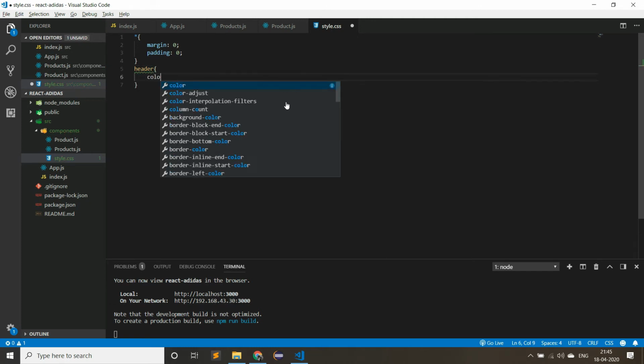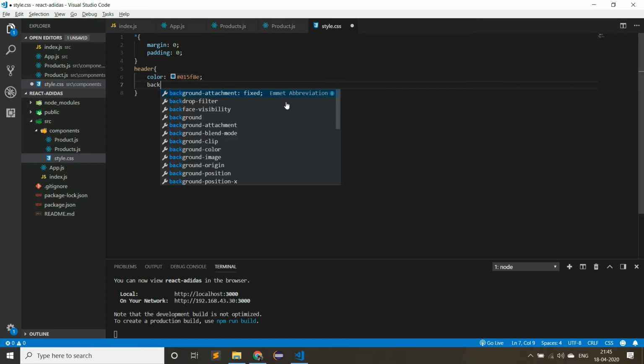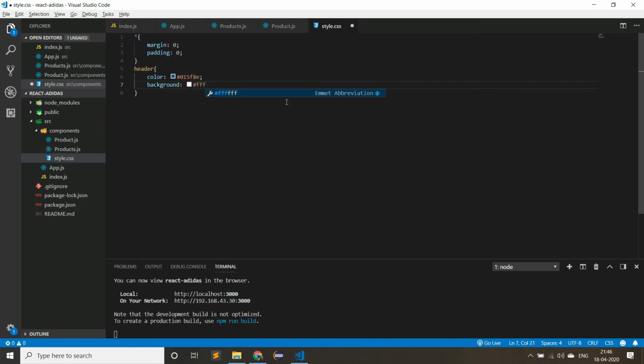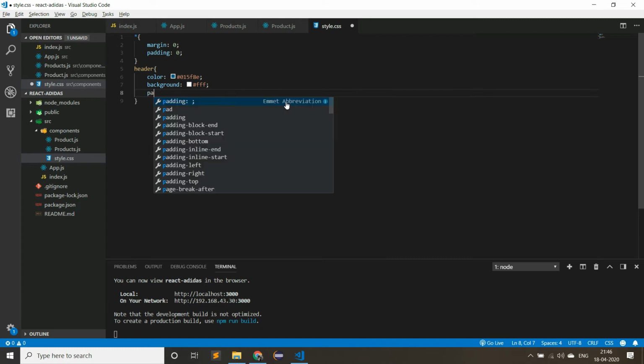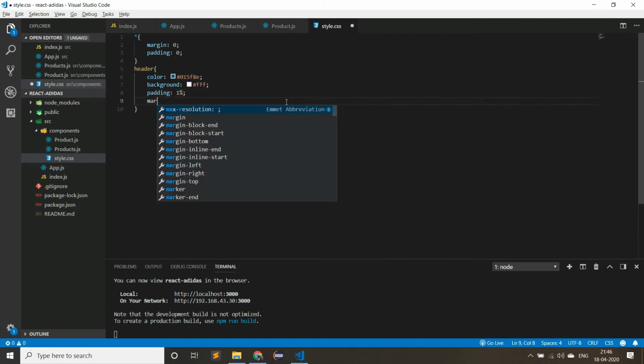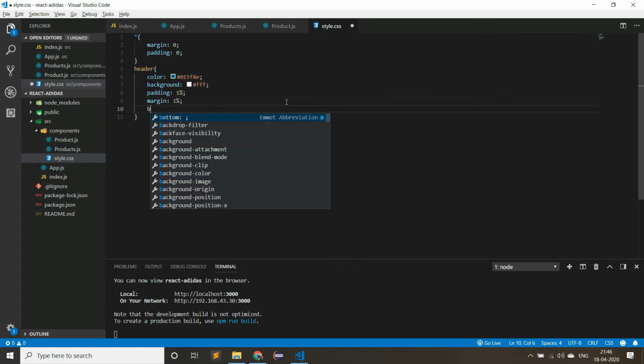Inside of header, let us write color equal to #015f80, and then background equal to white, that is #FFF, and then padding 1% and margin also 1%.